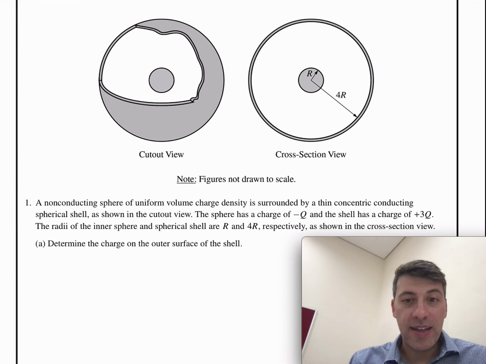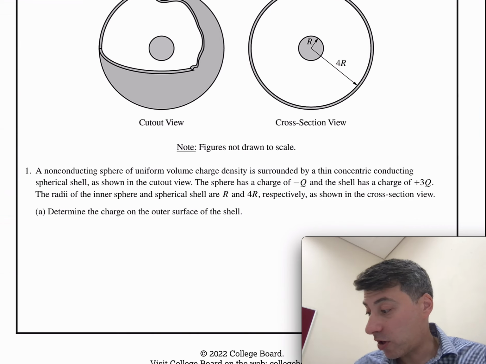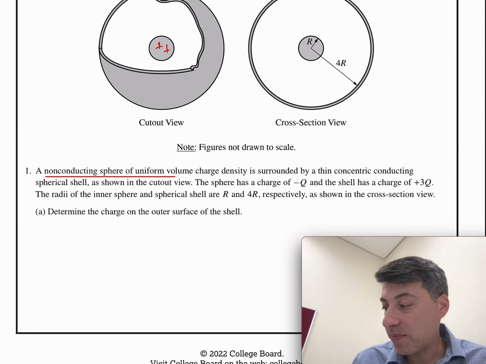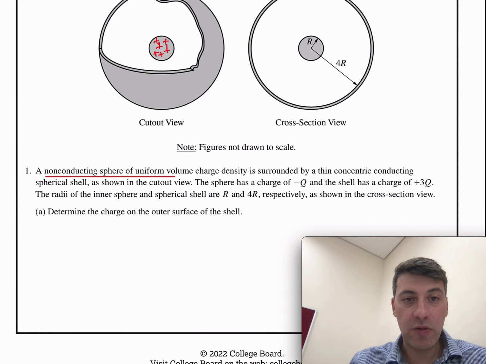Now, what is very important is a clear understanding of the diagram. We have basically a sphere and a shell. Probably there will be some electric charge in the internal sphere and the external shell. And this is what the question tells us, that we have a non-conducting sphere. This will probably be important because this means that the charge is spread out evenly in the whole volume of the sphere,